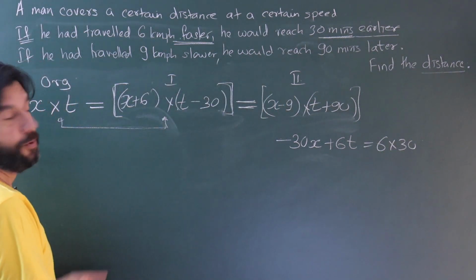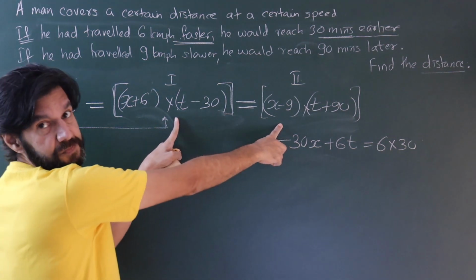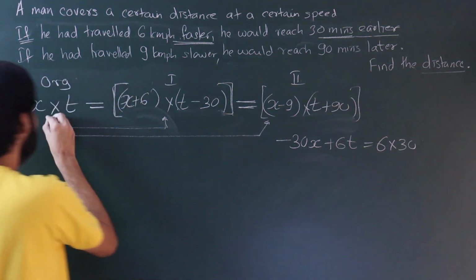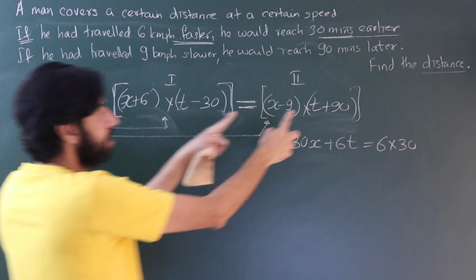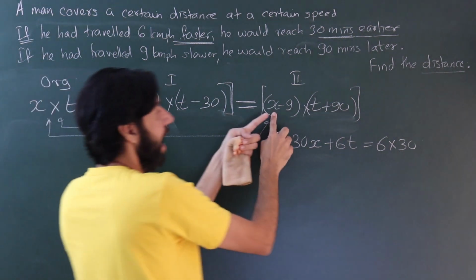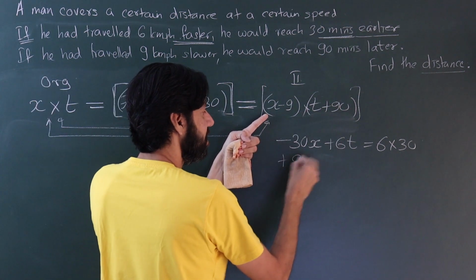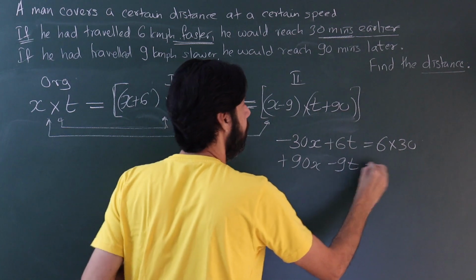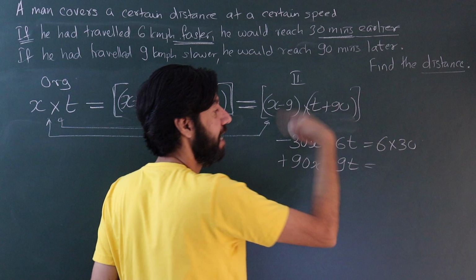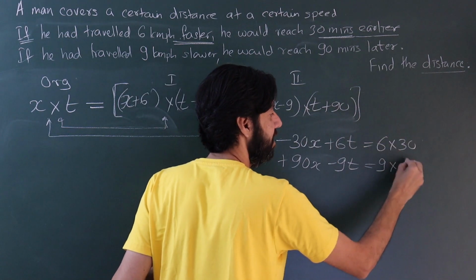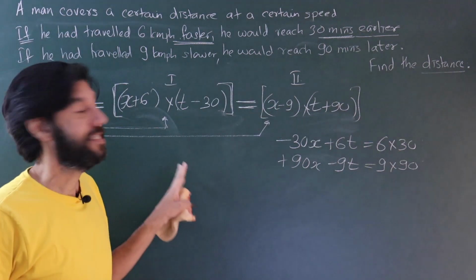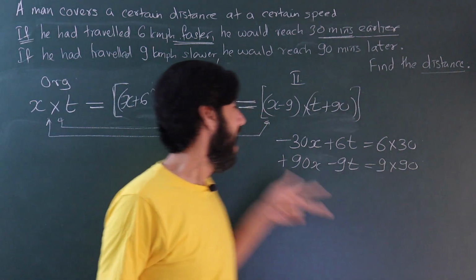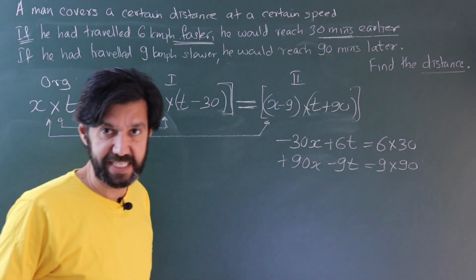Now the second equation, rather than using these two, you can do it. I would use the first and the third. So the first, because the first is very easy, xt. So the same thing, xt cancels out. X multiplies with a 90, plus 90x. 9 multiplies with this 90, and the constant here is a minus 9 into 90, goes to the other side, becomes a plus 9 into 90. Now I can say, oh, now I am nearing the end. Now I see a simultaneous equation, and I just need to solve it, and I'll get my x and my t.